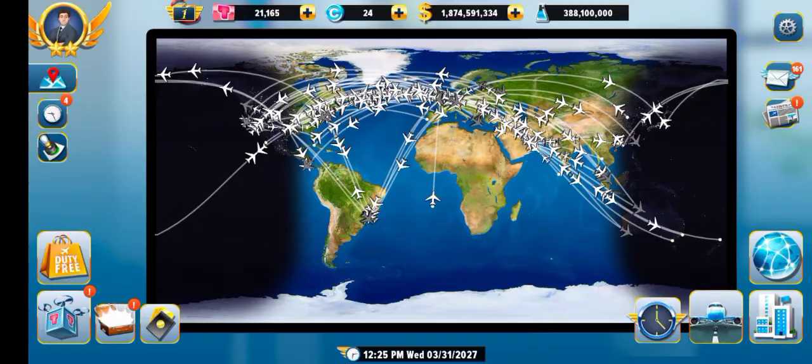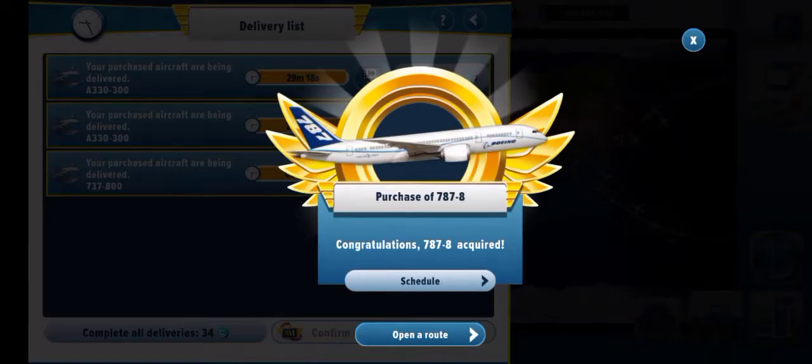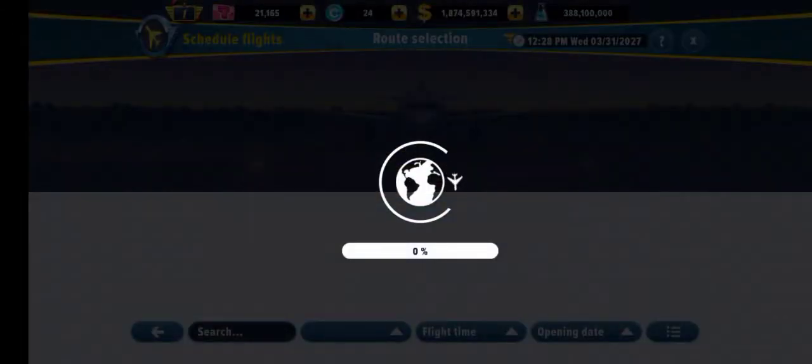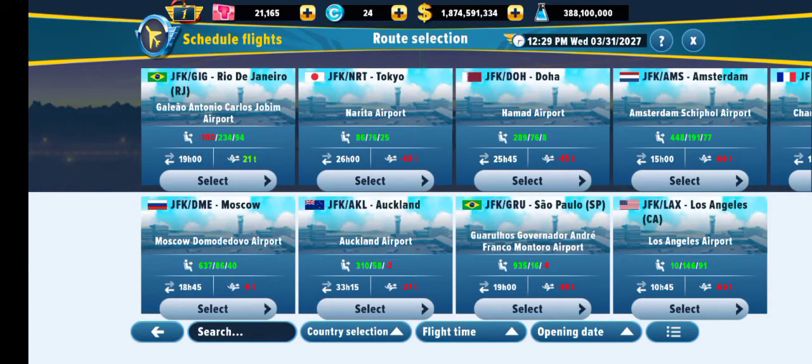So now we are just gonna wait for these aircrafts to be delivered, and as you can see I have a 787-8 which I have ordered, and to be honest I had actually forgotten about this aircraft, so let me just take delivery of this one and I'll schedule the aircraft. Now scheduling is what I would say the most important thing about an airline,